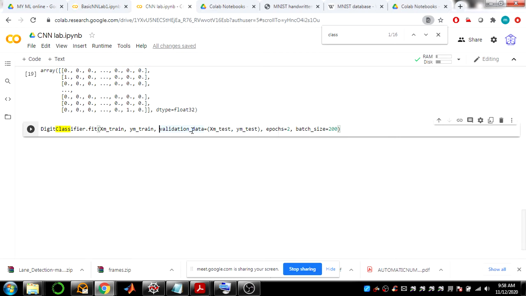But here the model itself will use this test data to cross verify the training performance during the training itself, and it produces the validation accuracy. That's why this is called validation data. Normally validation data is helpful in building better models, because how your model is performing on the training data can be verified instantly during the training itself. If it performs better, we can use such a model for future usage.